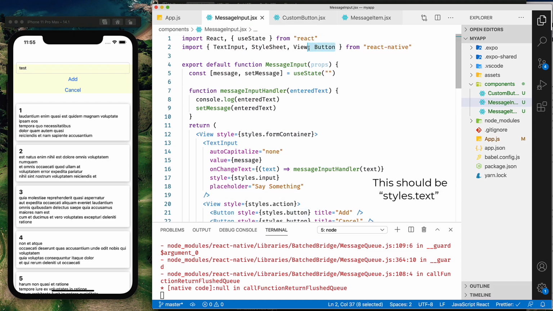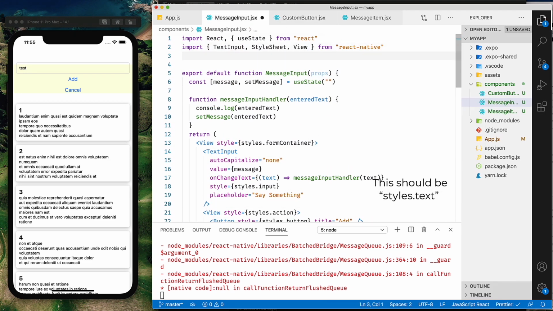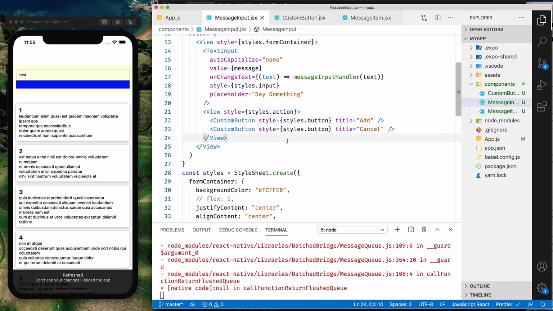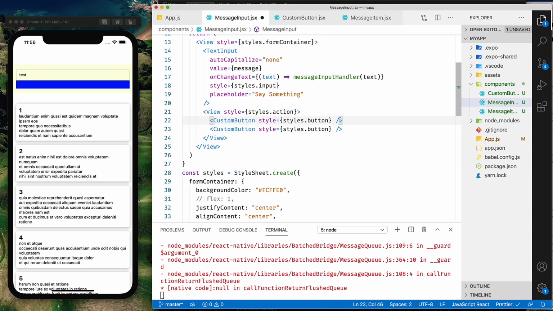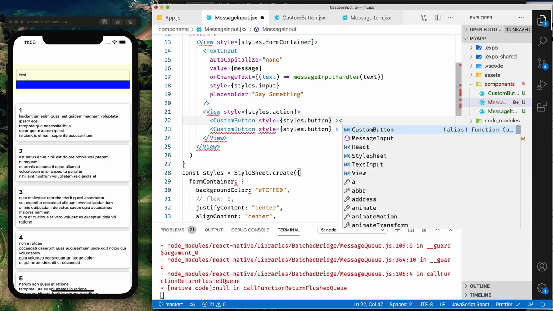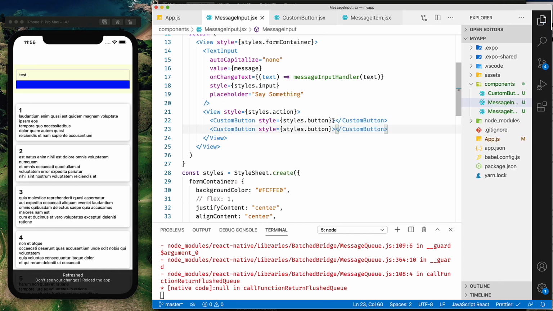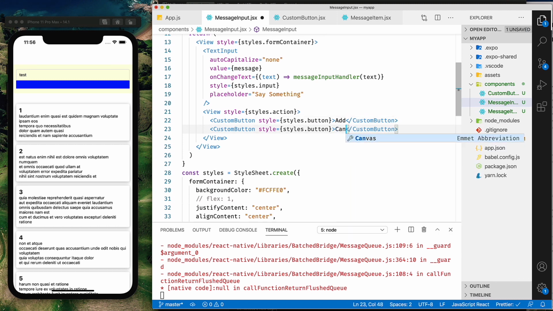Back in message input, we can start by removing the button from React Native import, since we won't be using that anymore. And we can import our custom button from our components. Now let's replace button with custom button. And remember, it's not a self-closing tag. So let's make that adjustment. And here, add and cancel will be considered the children in our custom button component, which we deconstructed off of